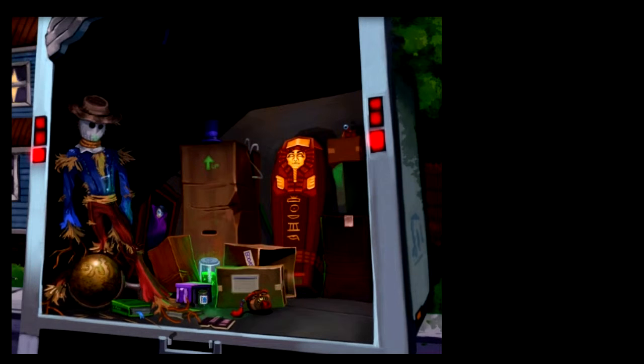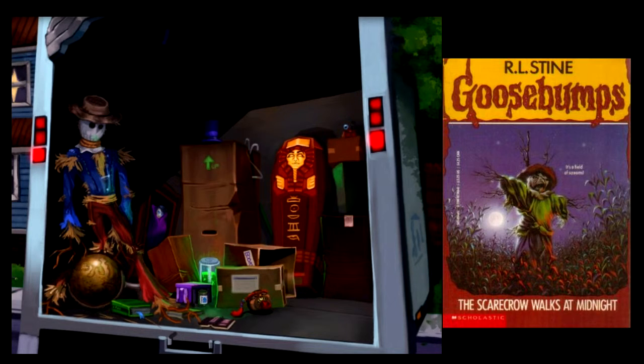To start off, we're going to take a look at the picture here. This is the back of the moving truck, and I'm just going to quickly go over things here. I'm not going to talk about the books much because none of these things really played that big of a role within the story. There's a bunch of nods in here to the different books. The first one that caught my eye, because I remember the cover of this book, was one I never read, but it's The Scarecrow, and that is a reference to The Scarecrow Walks at Midnight,